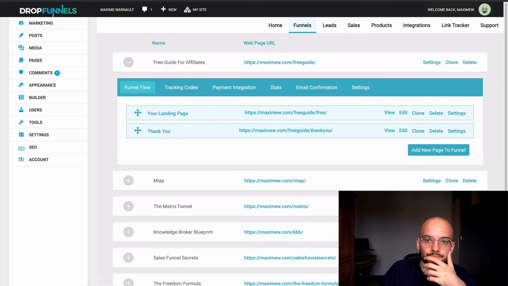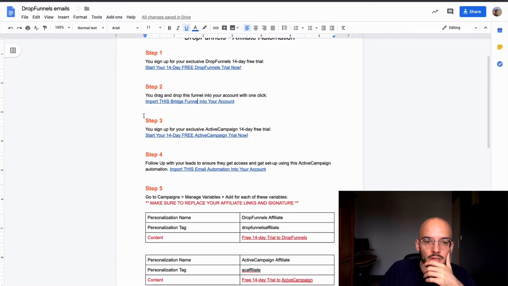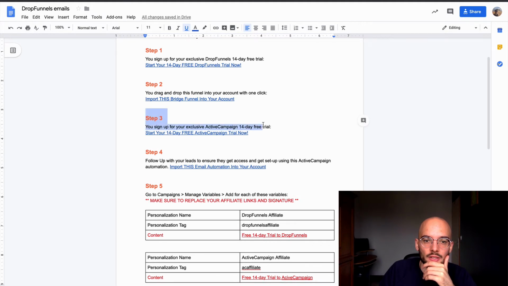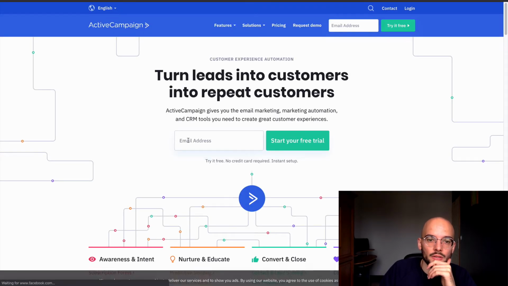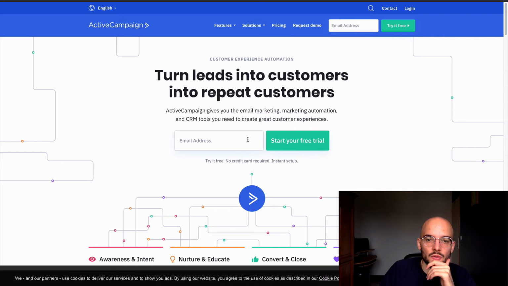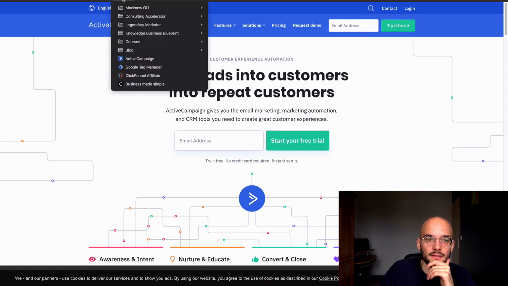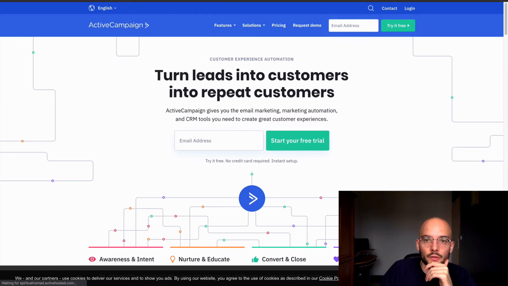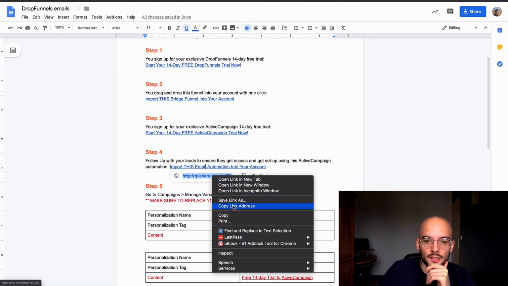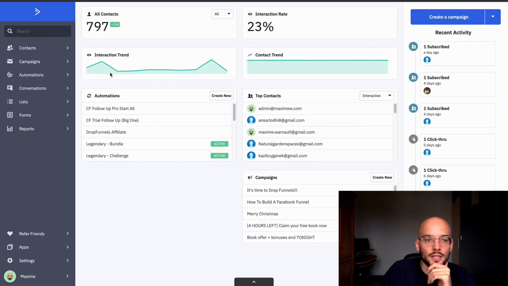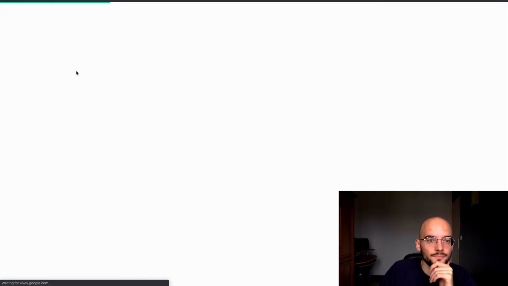And so the 3rd step is to sign up for ActiveCampaign. So go to step 3, click on ActiveCampaign, create your account, follow the step that they give you, and you should have access to your dashboard in ActiveCampaign. And once you are in your dashboard of ActiveCampaign, you want to go to step 4 right there and copy this link. And you want to go to automations,